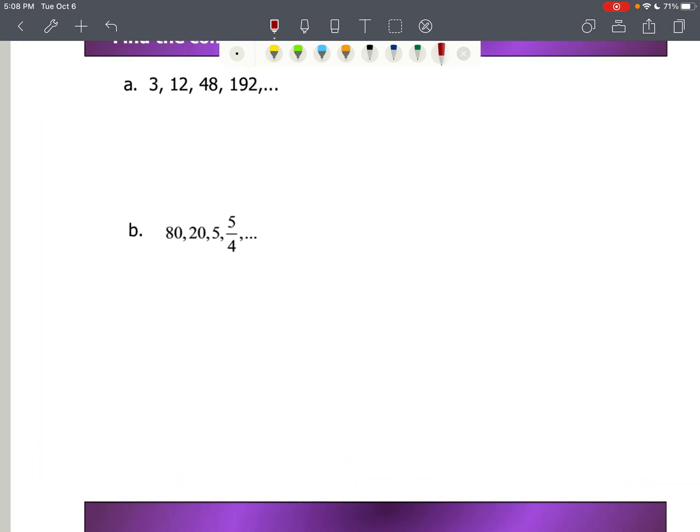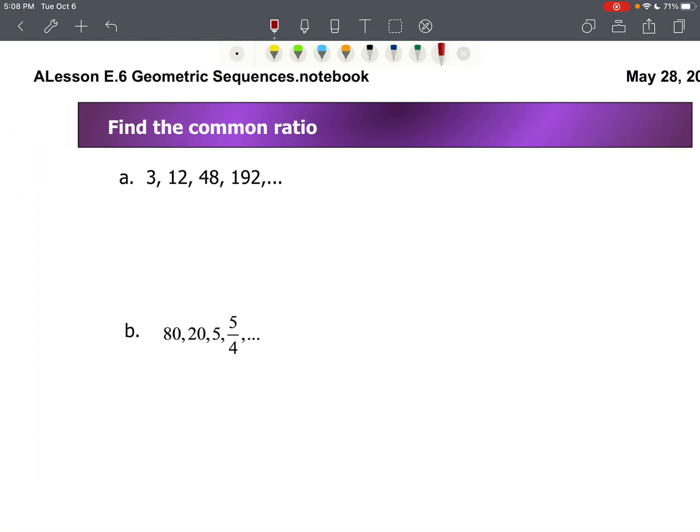Okay, let's practice. Let's try and find the common ratio for these sequences. We've got 3, 12, 48, 192. Some of these are going to be fairly obvious. For instance, in this case, how do we get from 3 to 12? Well, we multiply by 4. 12 to 48, we multiply by 4. And then we're going to check, and you can even use your calculator, make sure that 48 times 4 is